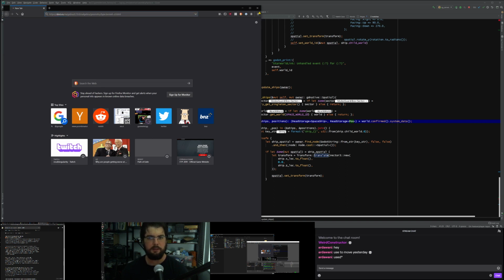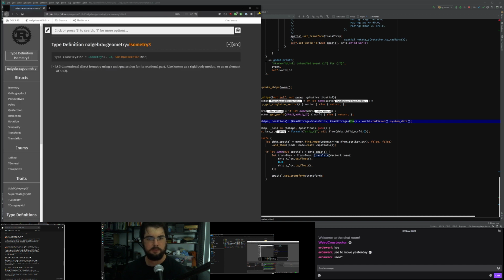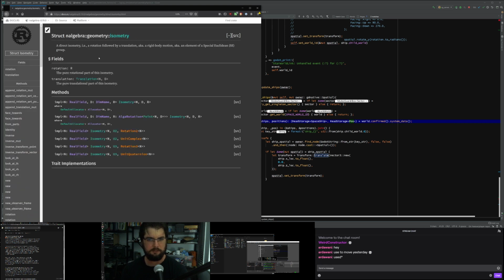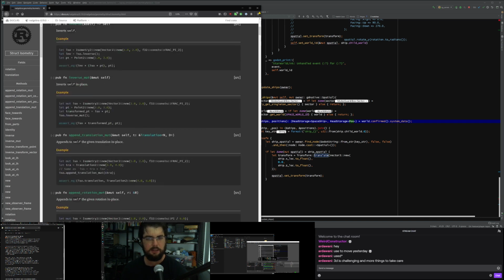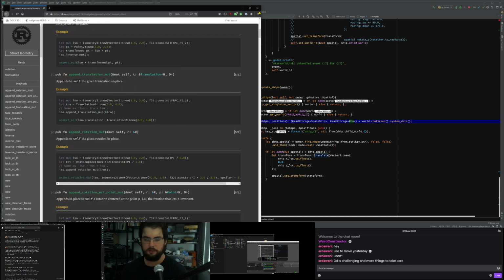It's probably this one here that I want to read about. Okay. So there's a rotation which is supposed to be a quaternion according to the other one. Quaternion or something similar.